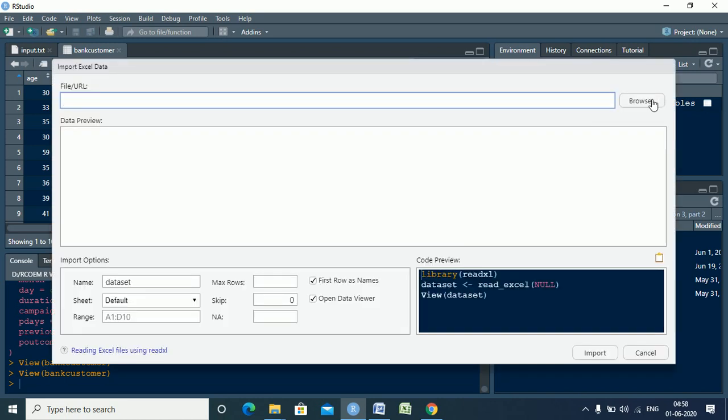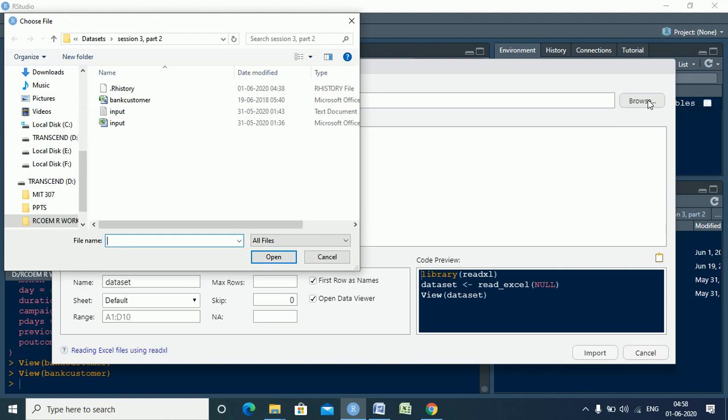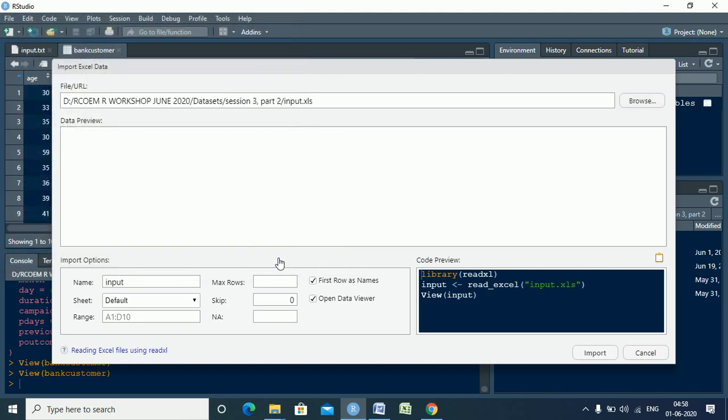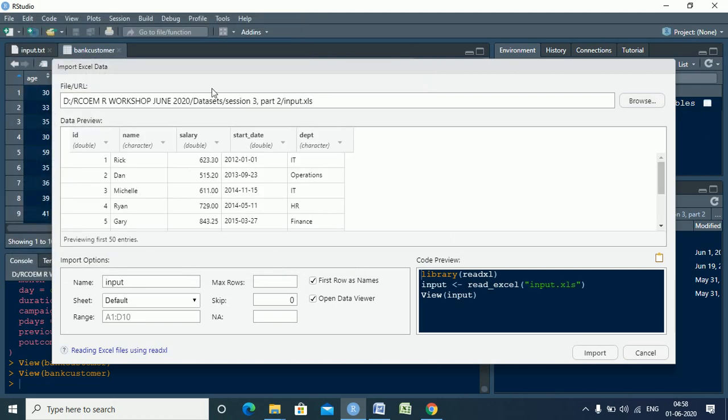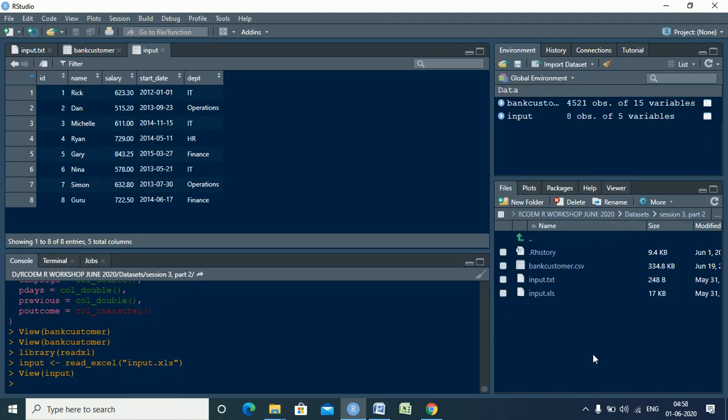And I can browse from here and go to the file URL where it is saved. Like input is my file, open. It retrieves the data and gives my preview data here, and I can click on Import. So now this is giving me this particular data as well. These are different ways in which you can import the data.